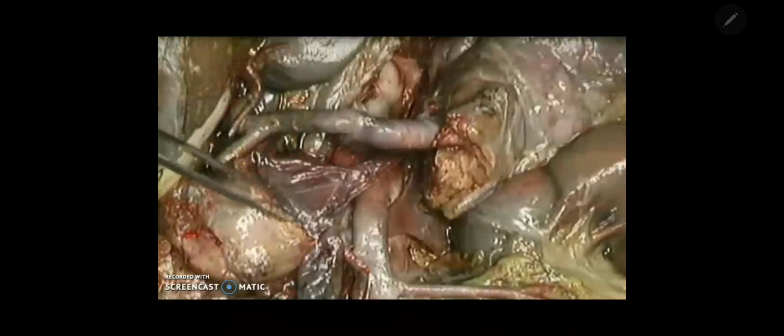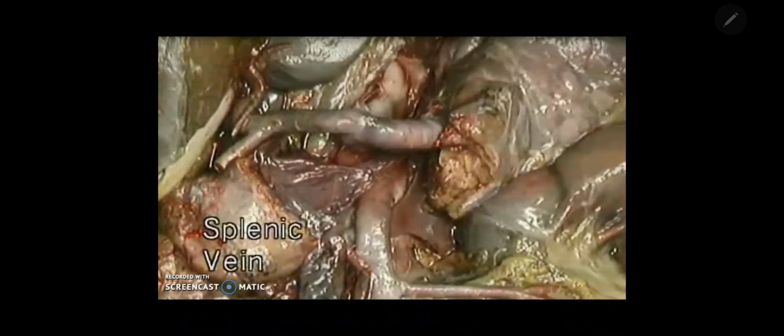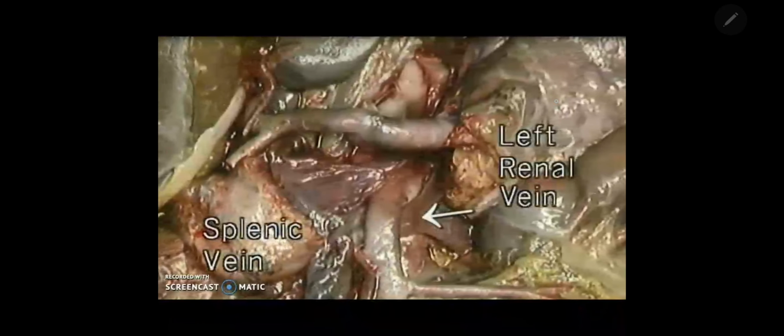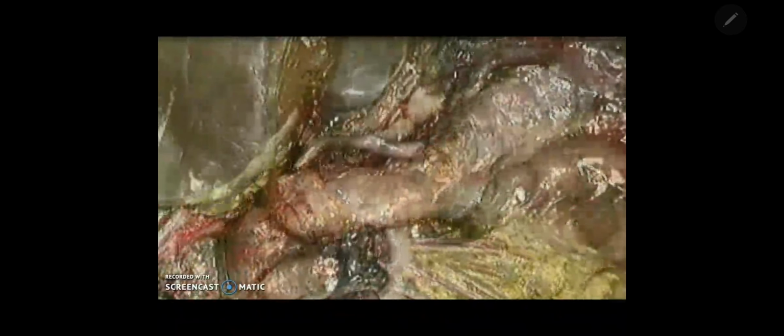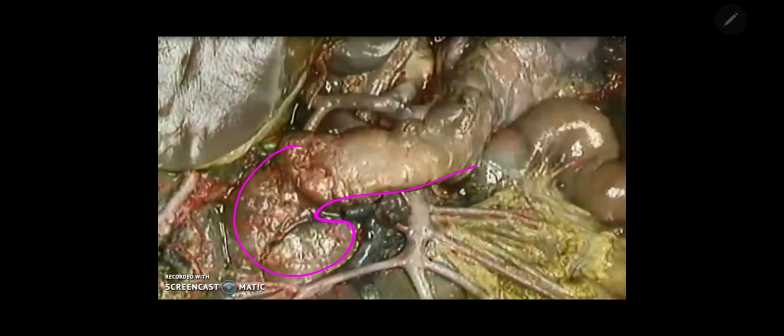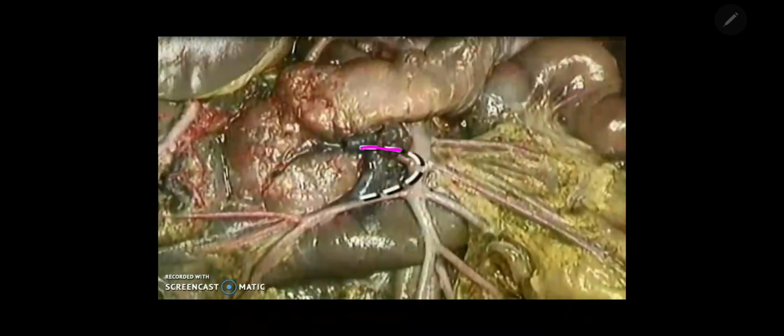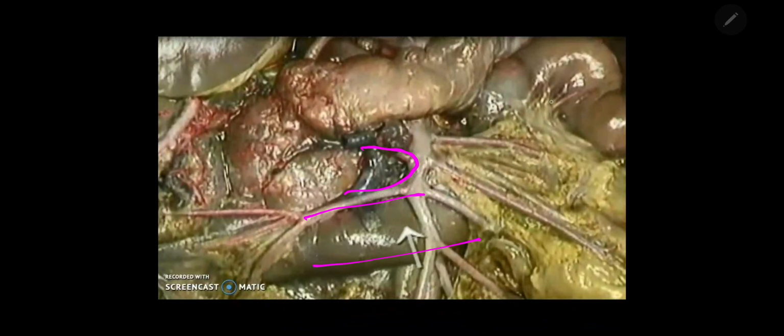and you can also see that is splenic vein. You can notice there splenic vein, superior mesenteric vein forming portal vein, and behind that you are seeing the inferior mesenteric vein. You can notice here this is the pancreas, and you can see superior mesenteric vessels, artery and vein. Artery is on the left side, vein is on the right side. Here you can see that is the uncinate process of the pancreas. This is the third part.